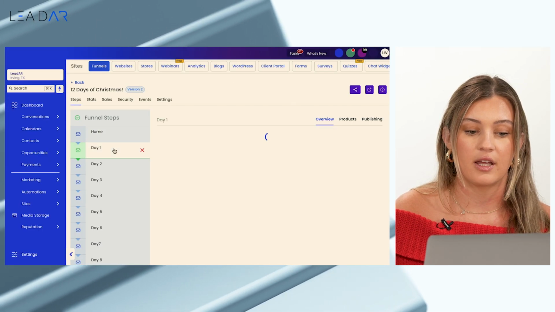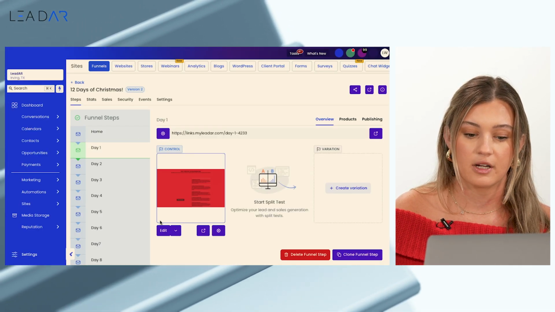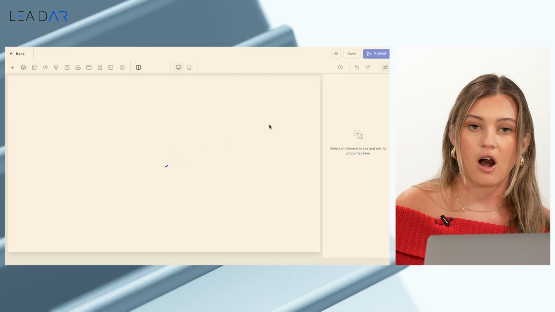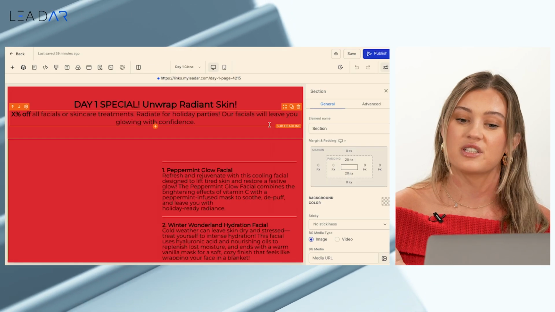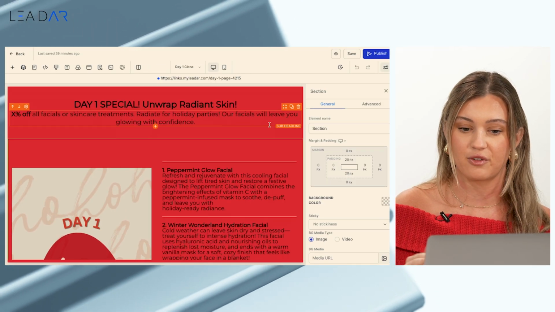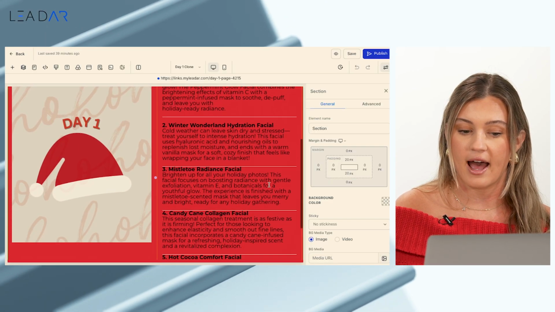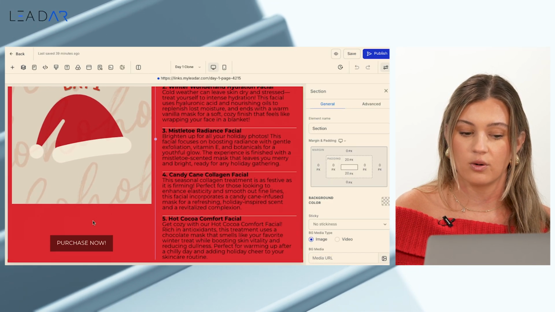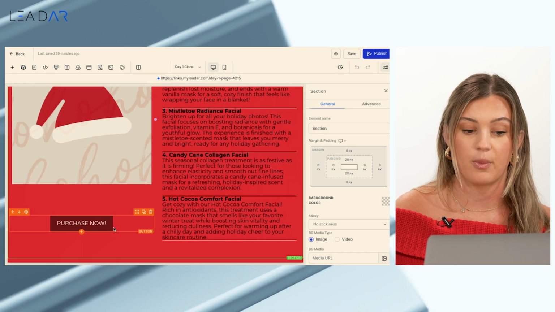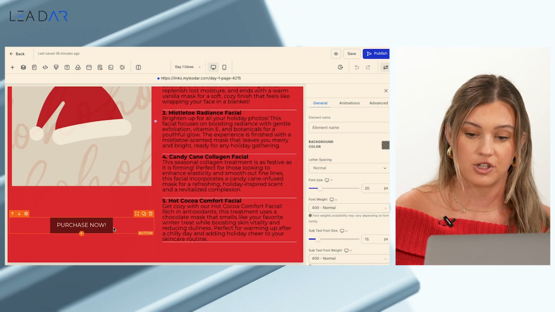So let me go back here and go into day 1. Then I'm going to click on edit. Obviously, you guys have come up with your own specials, so this could be completely different, but this is how I have it set up. If you scroll down, this is where you're going to see that Purchase Now button. When you click on this Purchase Now,